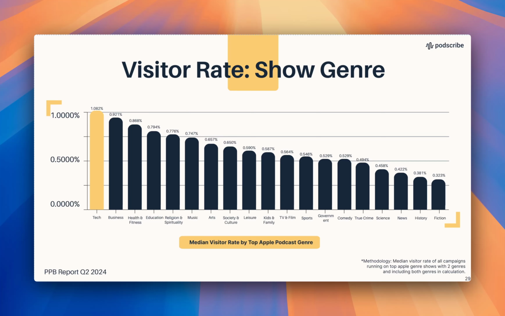And so interesting to note here that we see quite a few of these show genres performing better than others. So things like tech and business and health and fitness, where, to be frank, more often than not they're also fairly brand safe, we see some really high performance rates. When we go all the way to the far right side, we see things like news, history, and fiction. Perhaps those aren't performing quite as well. There are probably confounding variables that help to define this a little bit, and I think in our next iteration, we want to dive in on that more.